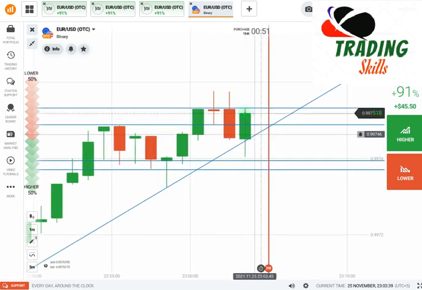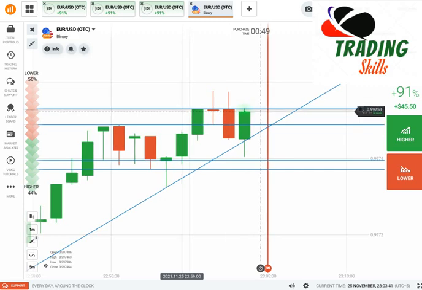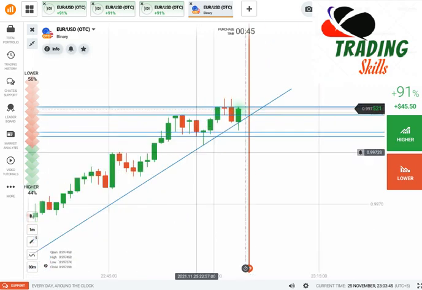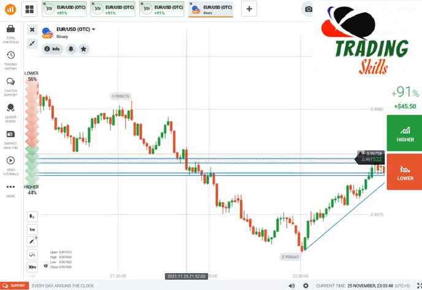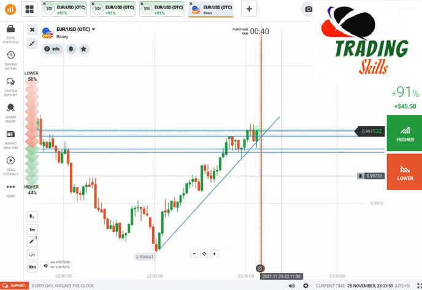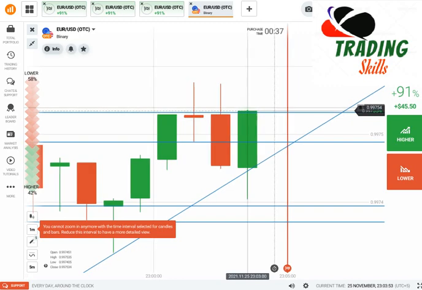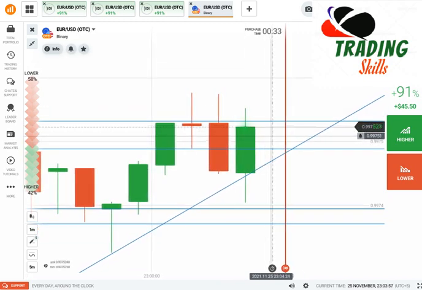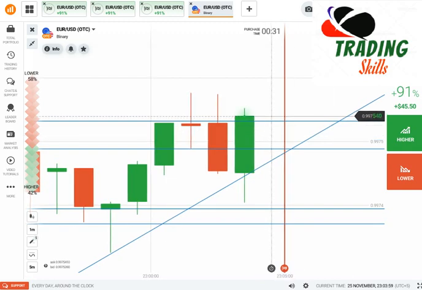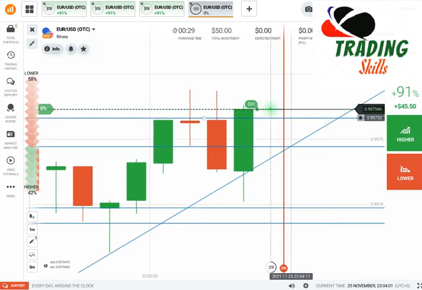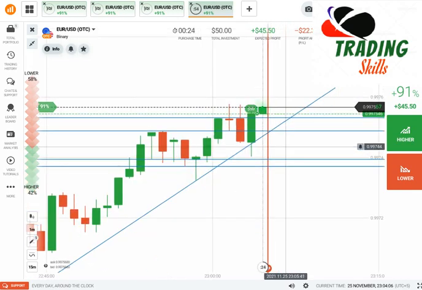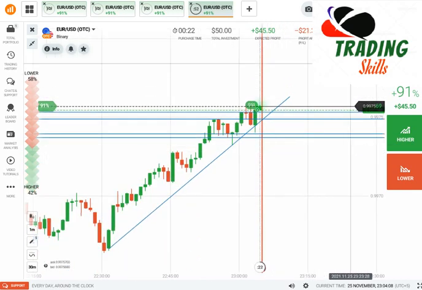Buyers are again entering into the market, but I need to wait. After this candlestick again I can easily go here with the buyers. So I have taken my trade here in an up direction, and now you can see here I will definitely